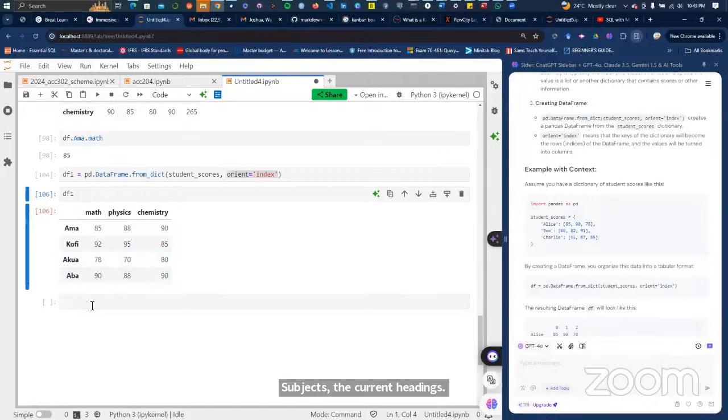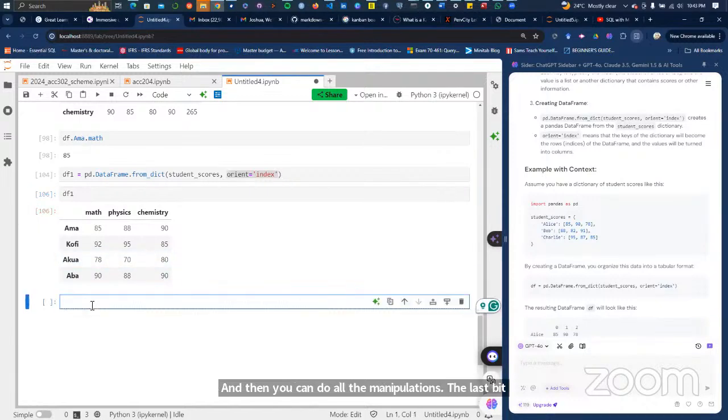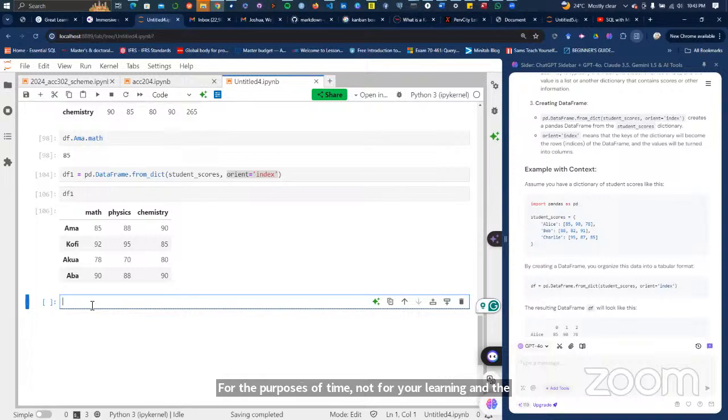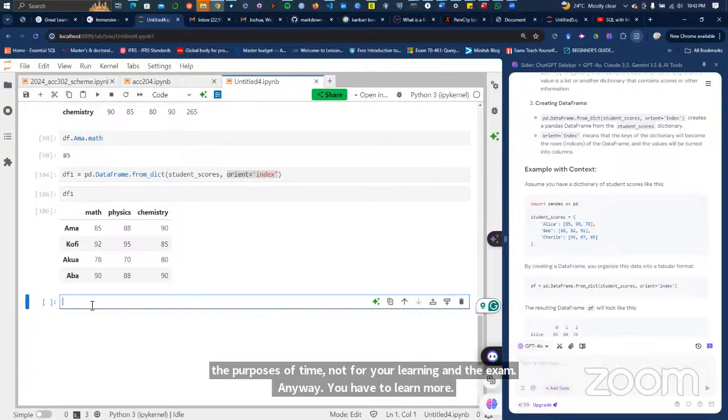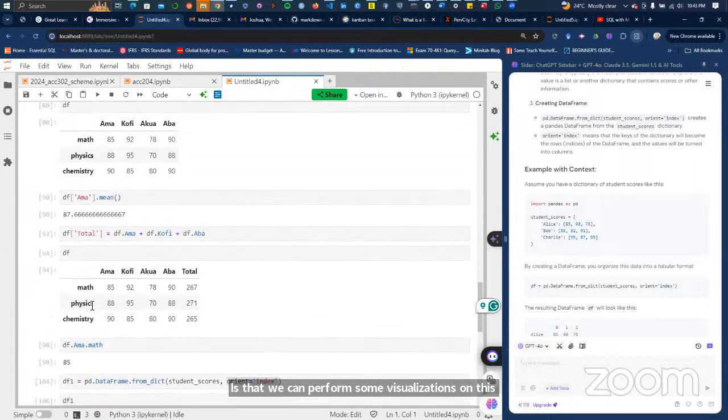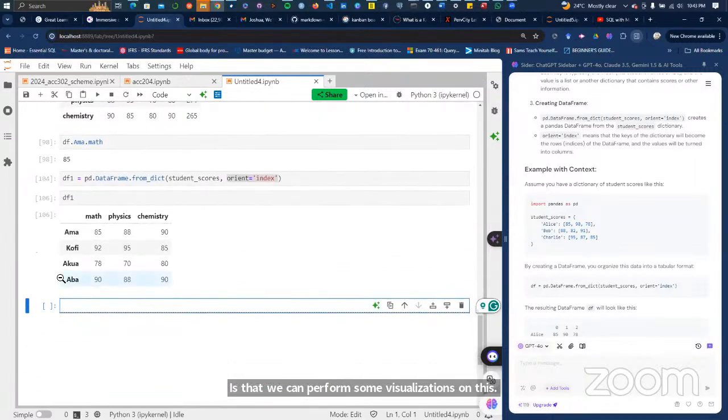The last bit of manipulation we want to look at, for the purposes of time, not for your learning and the exam anyway, you have to learn more, is that we can perform some visualizations on this. In this case now, we can create the total.